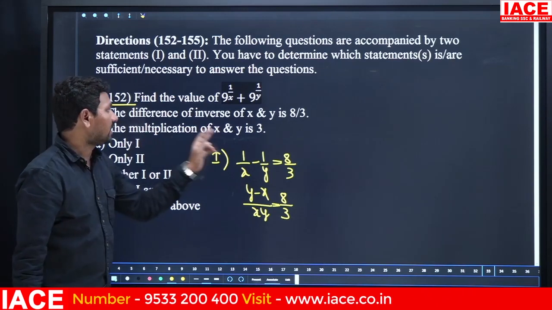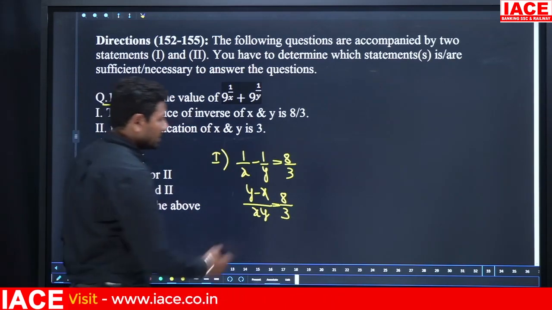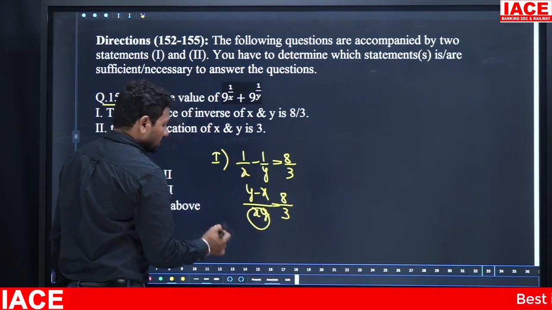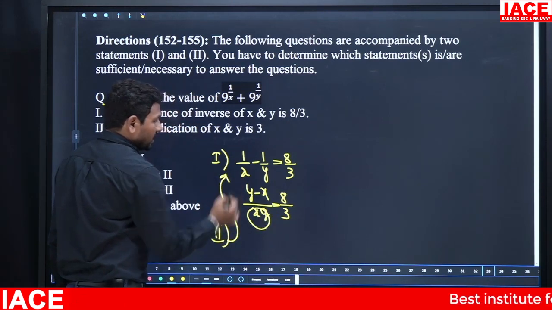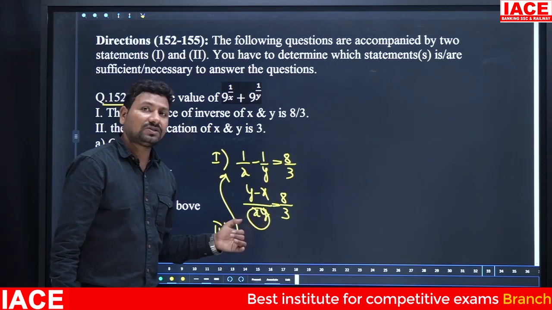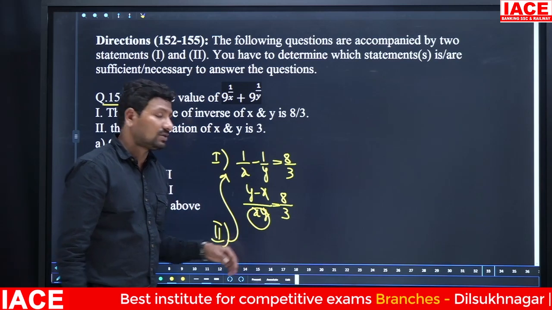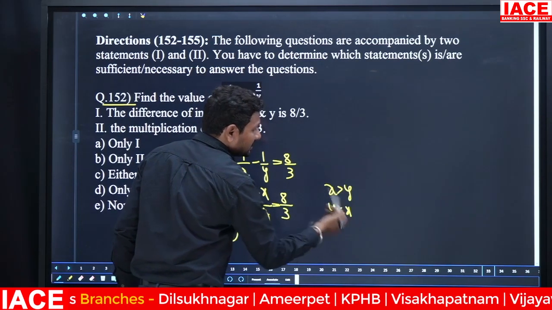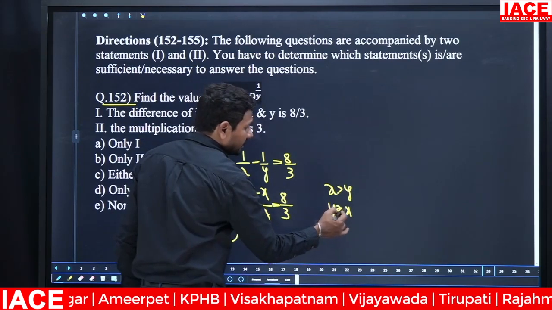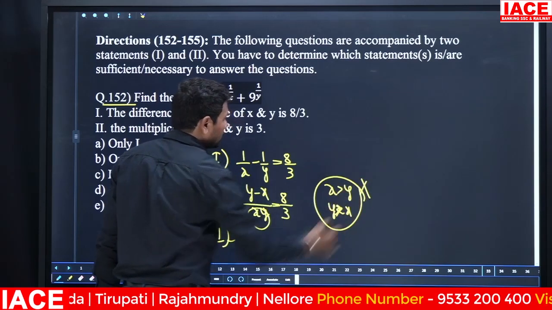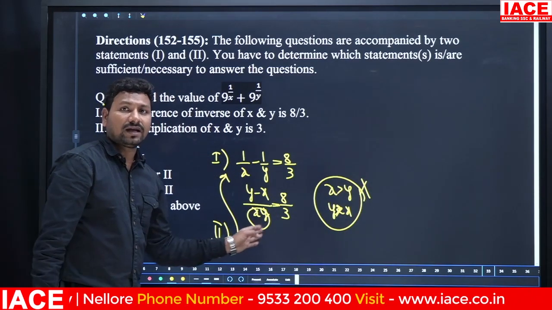The multiplication of x and y is equal to what? 3. xy is equal to 3. Yes, we got xy equal to 3. When combining statement 2 also, you can combine in this, xy is equal to 3. Exactly correct. But x is 1 and y is 3, or x is equal to 3 and y is equal to 1. Is x greater than y or y less than x, which is correct? Which is the bigger value is not mentioned in the condition. For this purpose we can take 1 into 3 or 3 into 1.